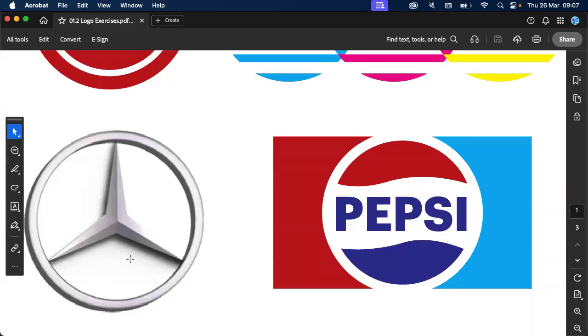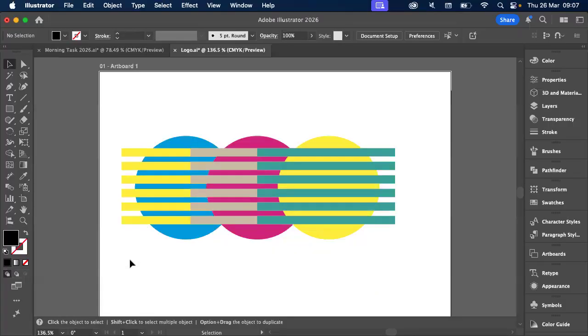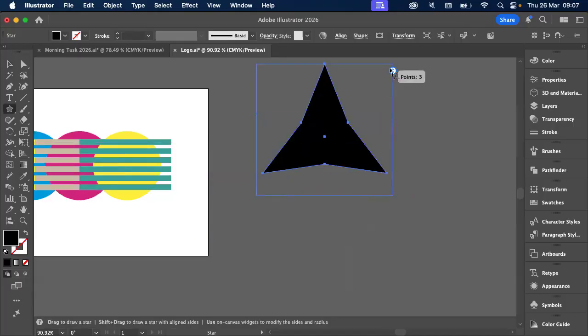Now, I'll start with the Mercedes, because those of you who managed to do this, how did you create the shape, shadows and such? Drop shadows and gradients. So you did the entire strong line with a gradient. Okay, how long did that take you? A few minutes. Now, with the gradients, I'm assuming we needed to be a little bit picky as to where those colors were going so that it ended up with a straight line. You could try gradient if that gave you the result. However,